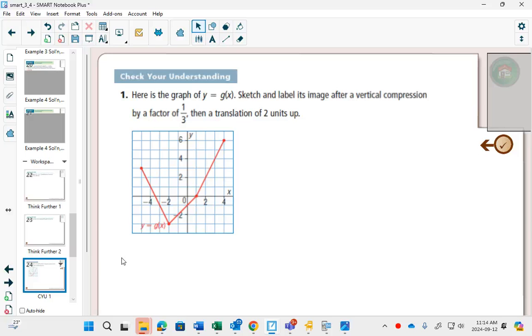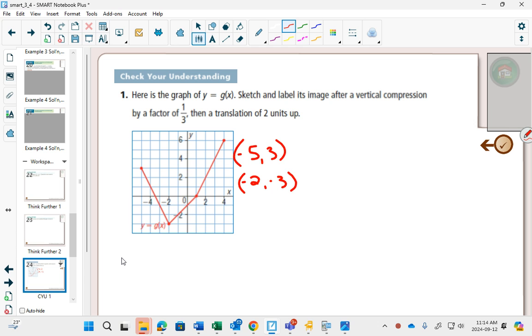Here's the graph. Sketch and label its image after a vertical compression by a factor of 1/3, and then a translation 2 up. So if we look at the points that we're given here, we start with (-5, 3). We have (-2, -3), (1, 0), and (4, 6). And if we show all of our work,